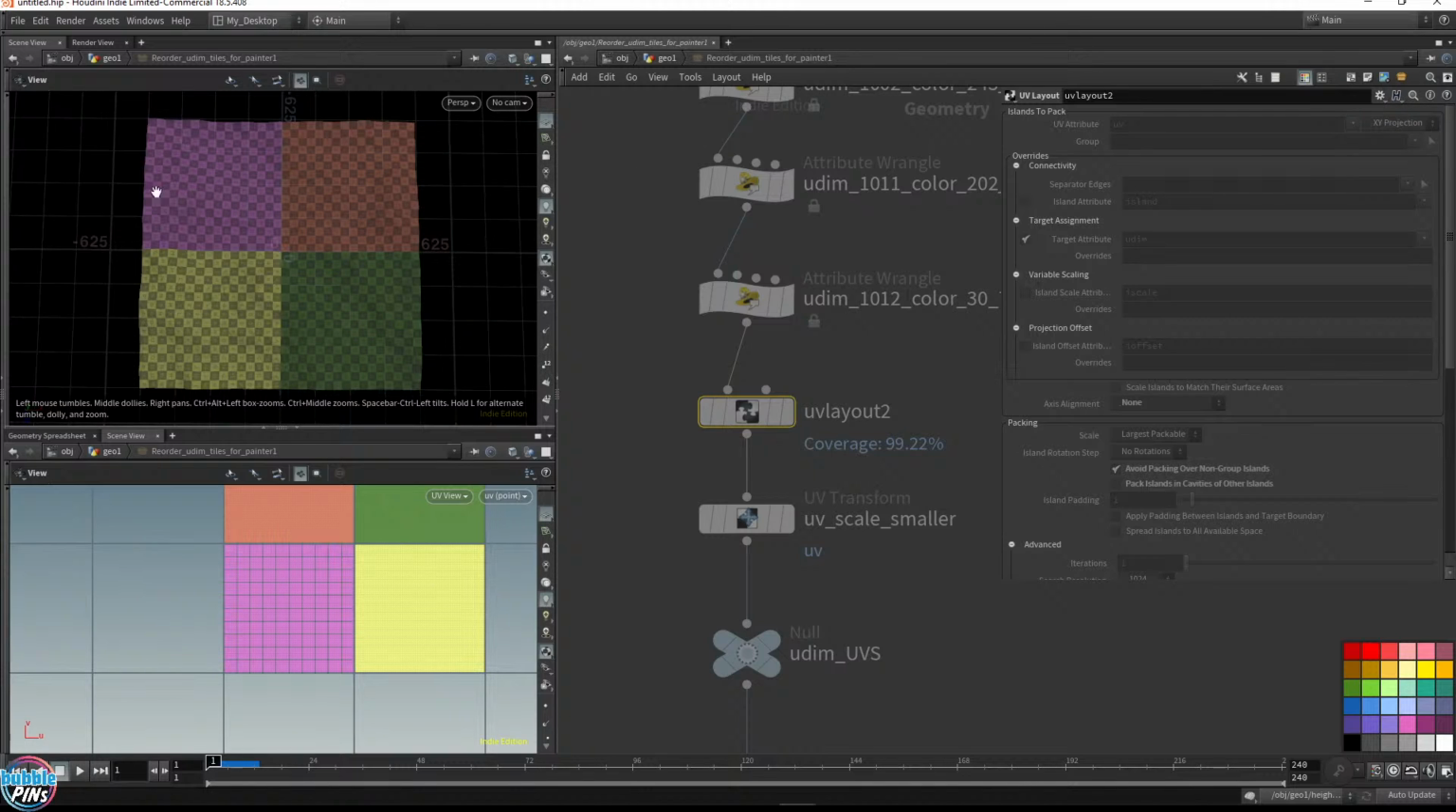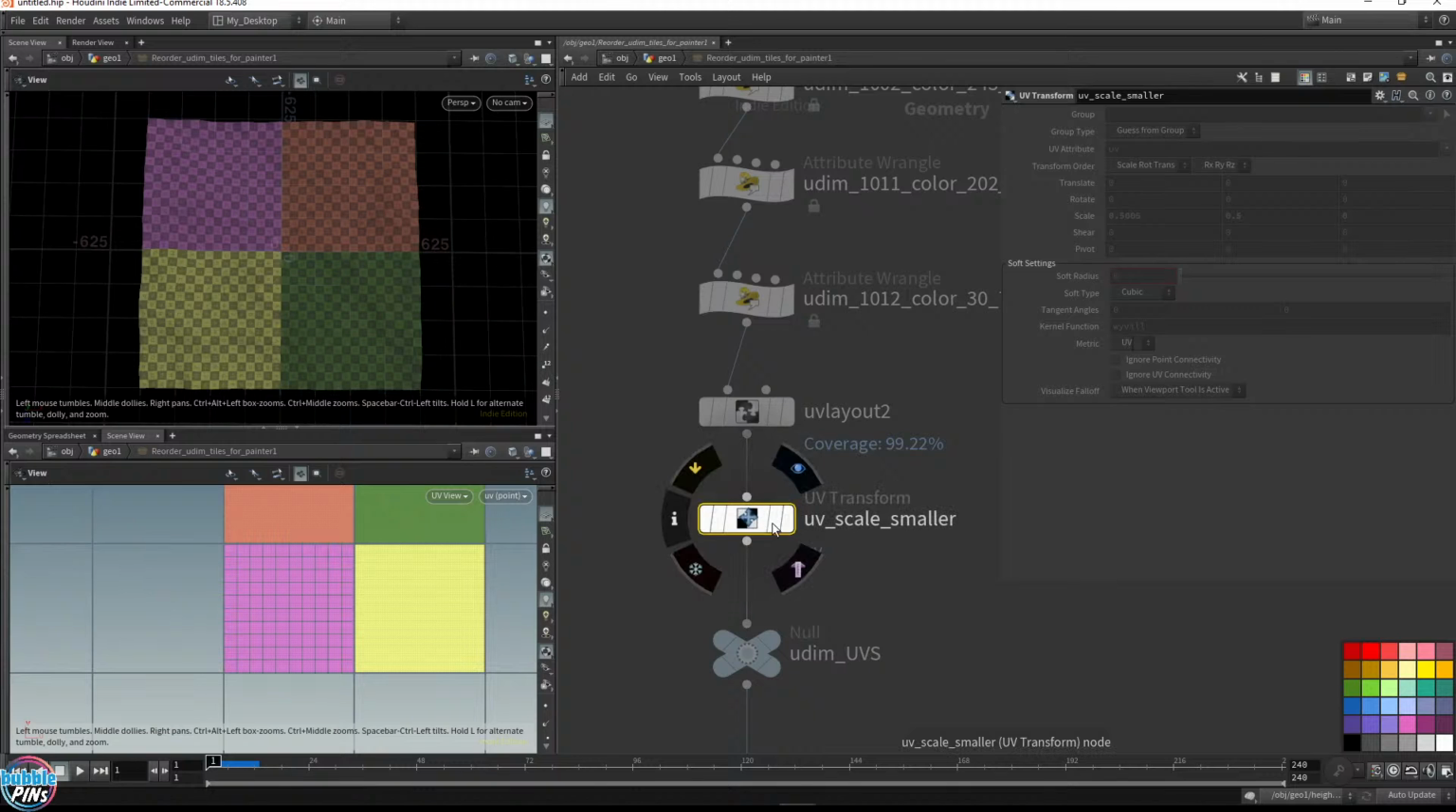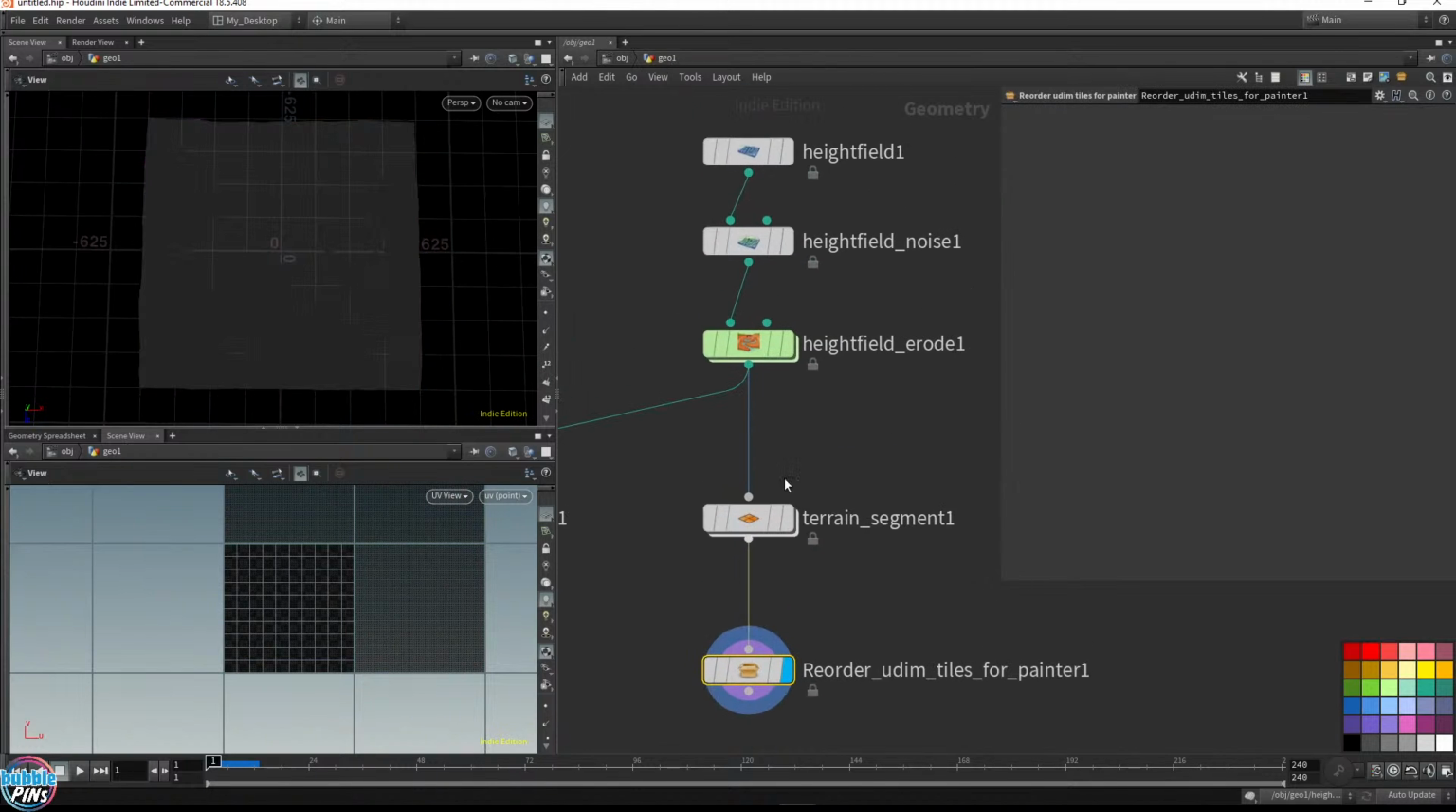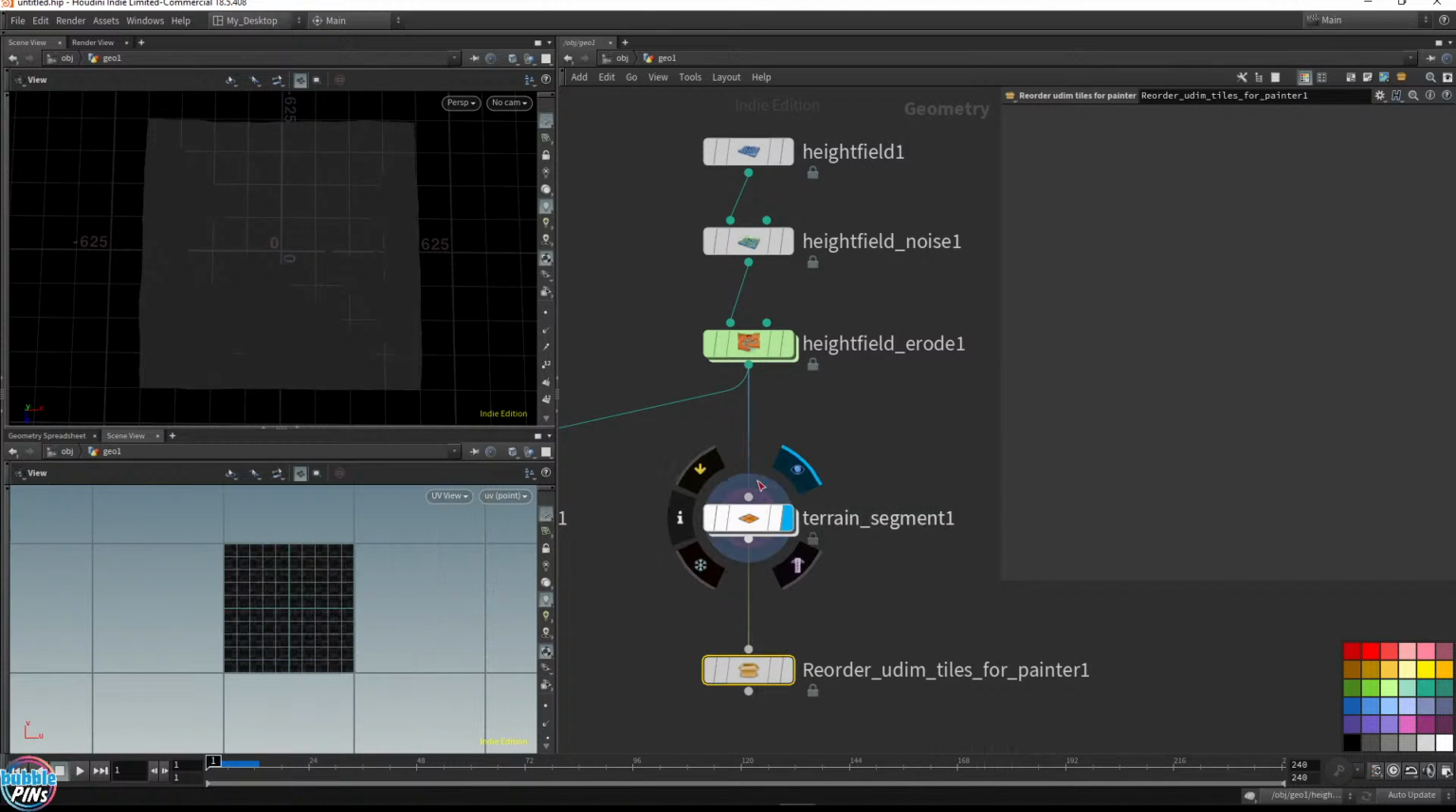So really all I'm doing is just reordering these squares. Really, that's all I'm doing. And then the last step this is doing is just making it a lot bigger. So if we take a look over here, before I drop down my own HDA, over here, this